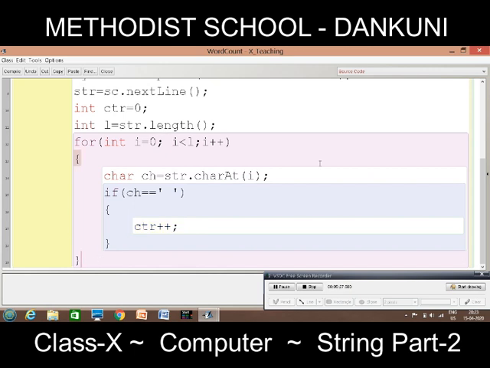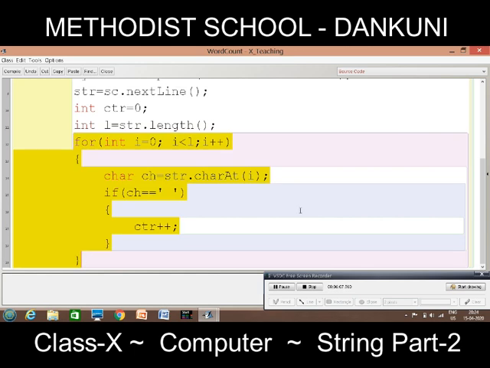Alright. Now remember, the number of spaces is always one less than the number of words. You all understand this? Suppose I am writing somewhere here, I am a good student. Now in this we have how many words? 1, 2, 3, 4, 5 words. But the number of spaces is 1, then 2, then 3, then 4. So if you count the number of spaces and then add 1 at the end, it will equal the number of words. Alright, so I am deleting this now, it was just an example.